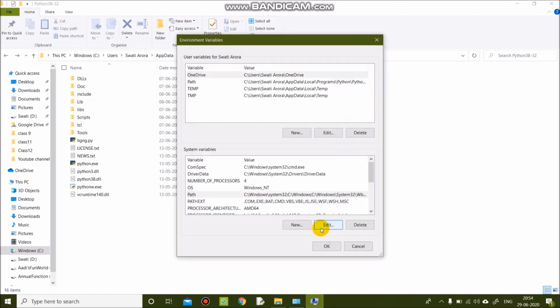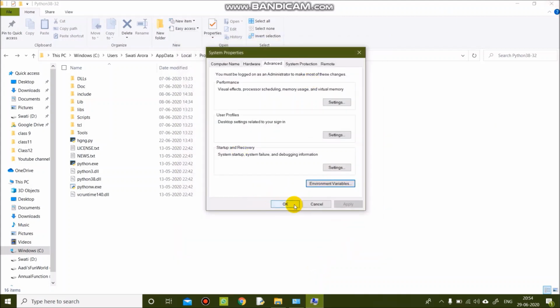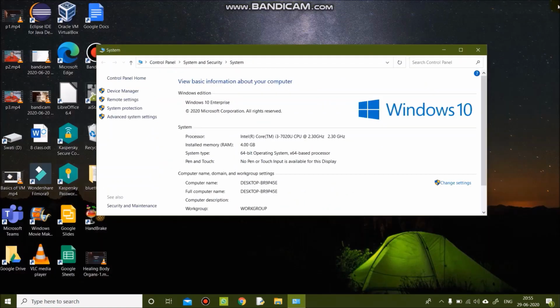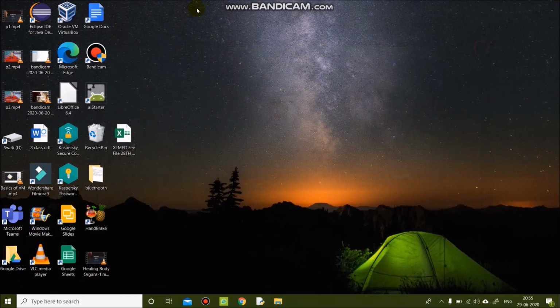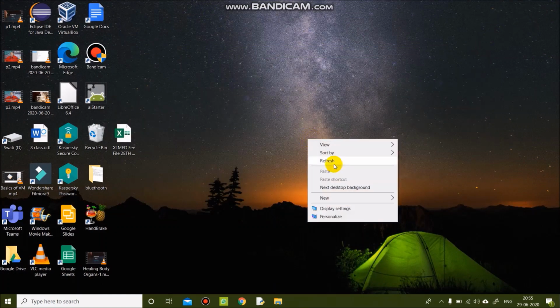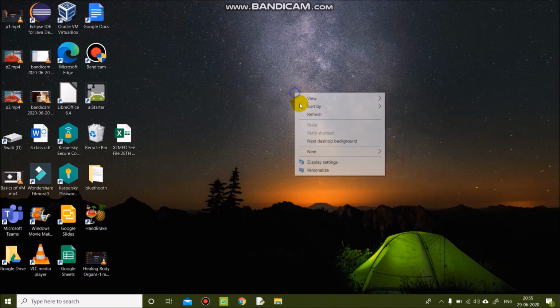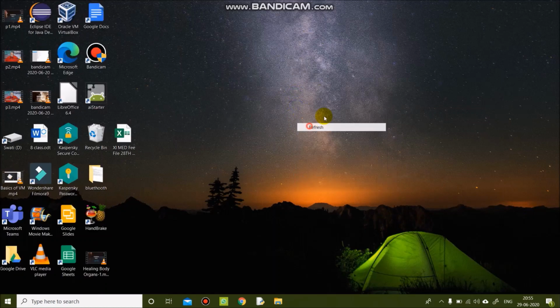Be careful not to change anything else, as it will do something to your system registry. Now you just click on OK, then OK again, then OK again. After that you need to close all the windows, and refresh your system several times. Around 3 to 4 times should be fine.